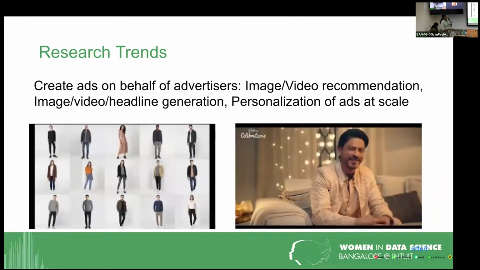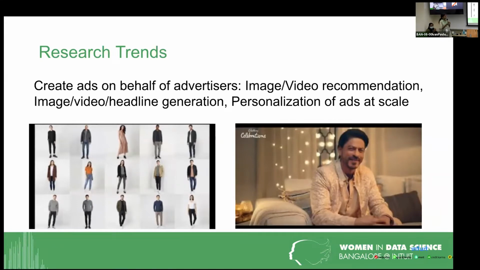So, okay, it seems like it's a YouTube link. Maybe it's not playing, but basically in the Cadbury ad, you would see that based on the location where it is played, the people or the stores that are mentioned in the video change. So it's like the highest level of personalization, right?